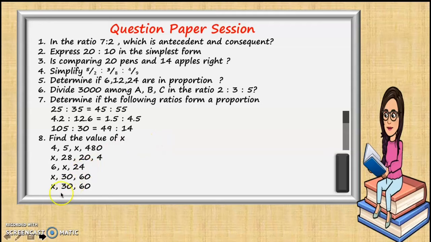For the third problem, 6, x, 24. As I told, your first term into your third term should be the square root of the middle term. Using that logic or that formula, you can find out the value of x for the rest three problems. Okay, so these were very simple. You have to maximum take 15 seconds to solve these problems. So next